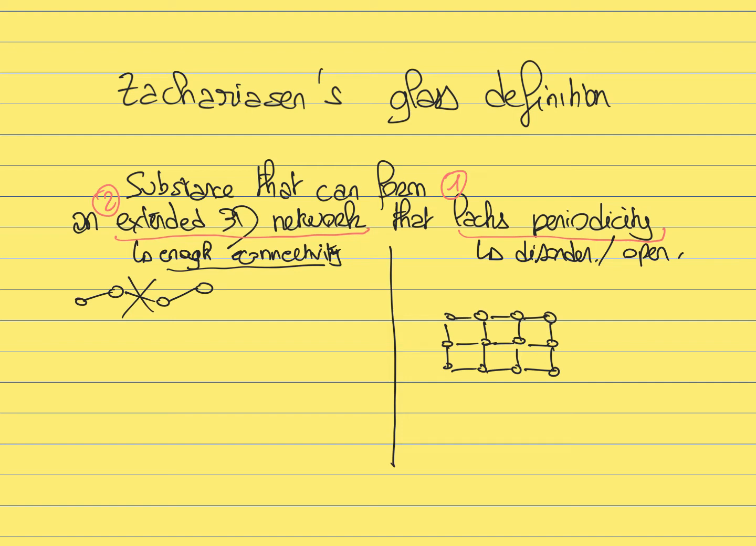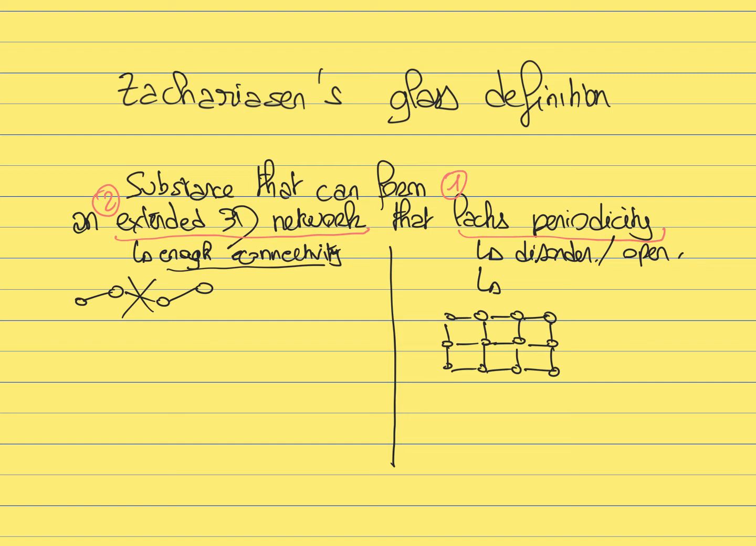So this structure would be too connected. I cannot make it disordered. It has to remain a crystal. The structure is not open enough to be deformed in a way that it could become disordered. So even though the Zachariasen rules tell you that the structure cannot be too poorly connected, it has to form